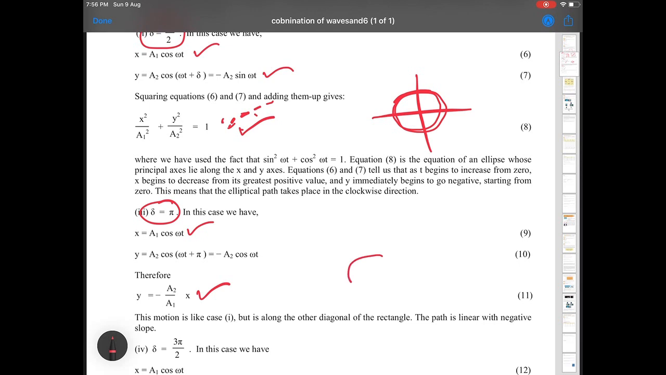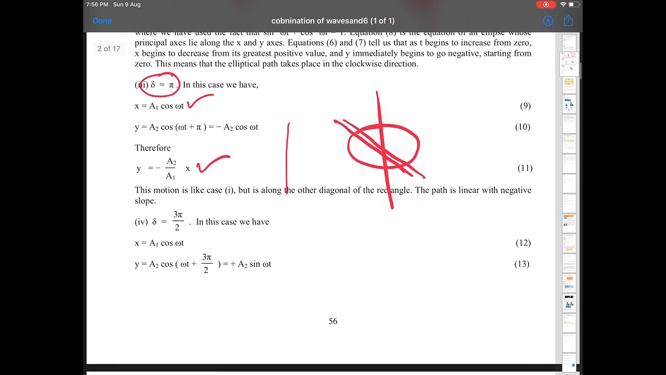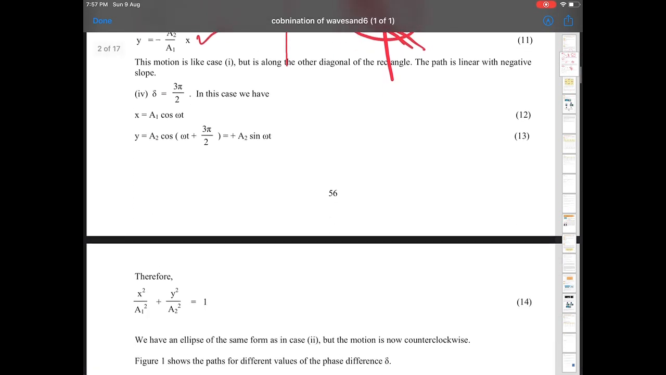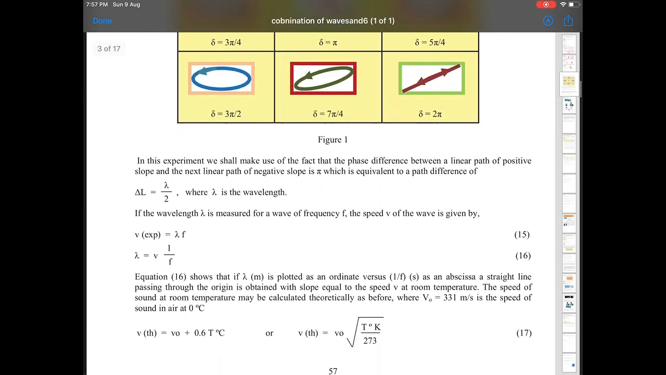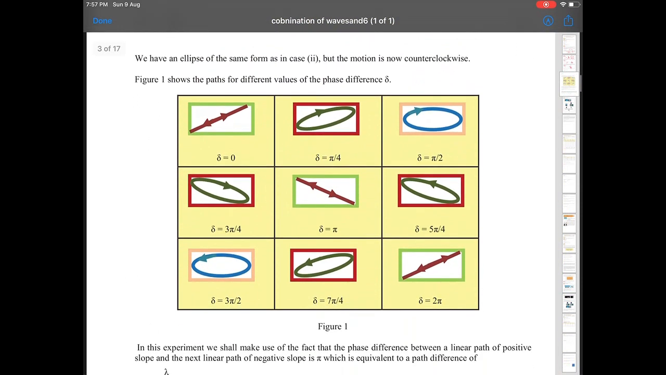So that means the combination will have a slope which will be a negative slope, right? So if you go further, you can see that if I change the phase difference to 3 pi by 2, that means 270 degree. And if I make it 4 pi,